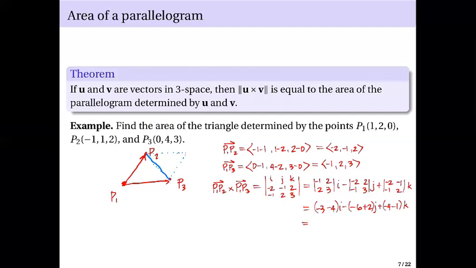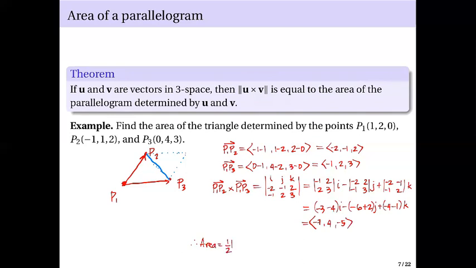So in here, what is this? Negative 3 minus 4, that's negative 7, i. So let's put this in vector form. Negative 7, negative 6 plus 2, that's negative 4. There's a minus here, so plus 4, and minus 4 minus 1, that's minus 5. Therefore, the area of the triangle,